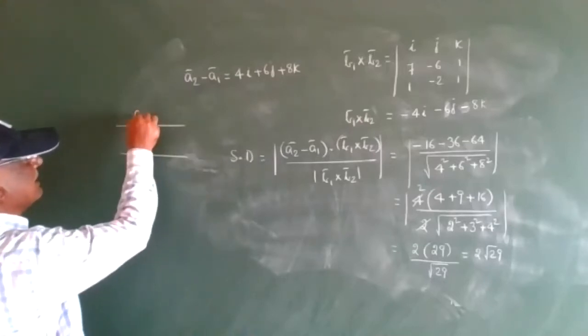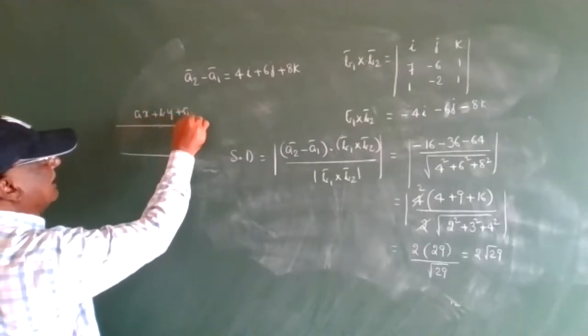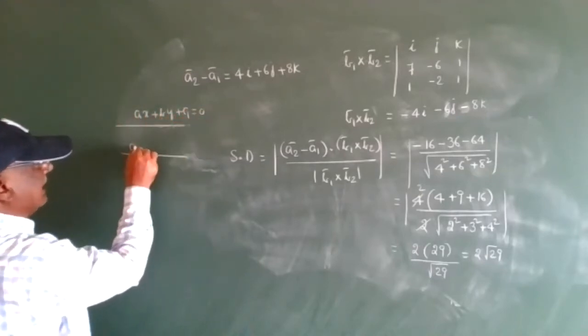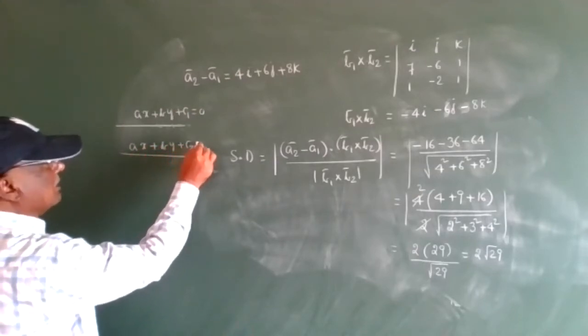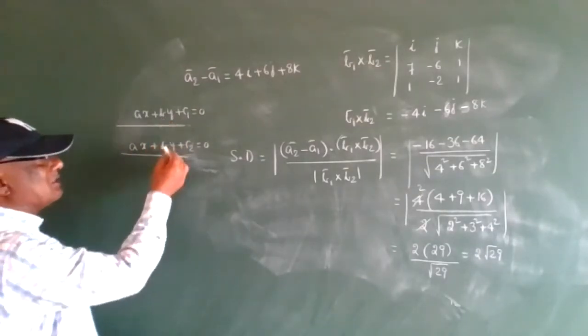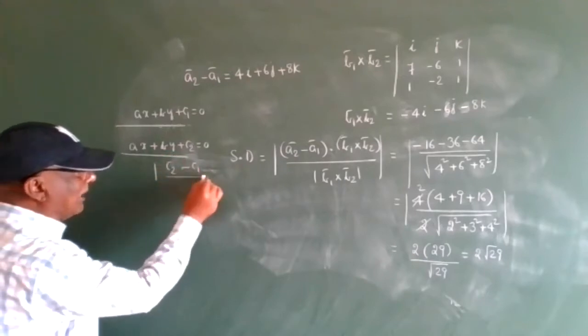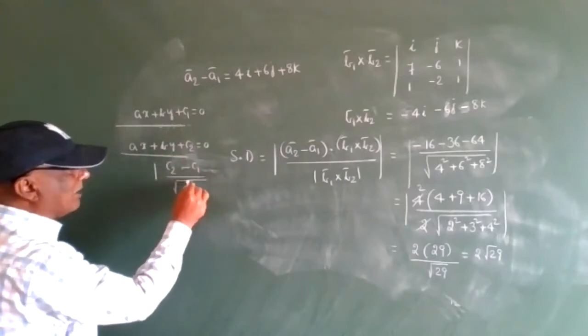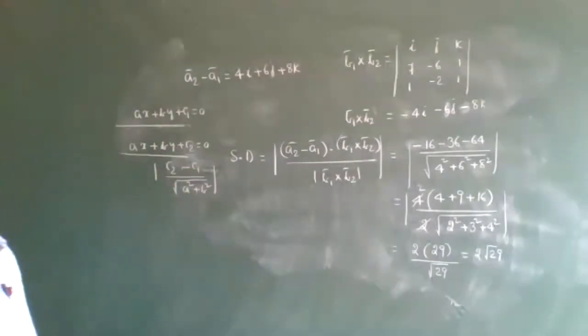The first line equation is ax plus by plus c1 is equal to 0. The second equation is ax plus by plus c2 is equal to 0. The two lines are parallel. Then the shortest distance between the two lines is c2 minus c1 by root over a squared plus b squared, in 2D straight lines. But in 3D,